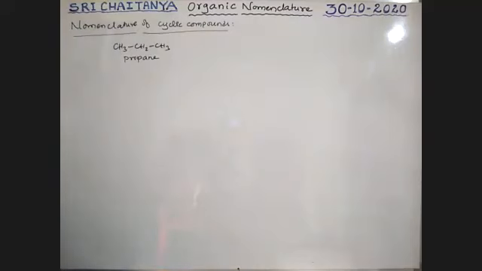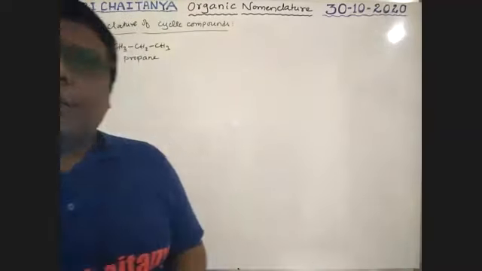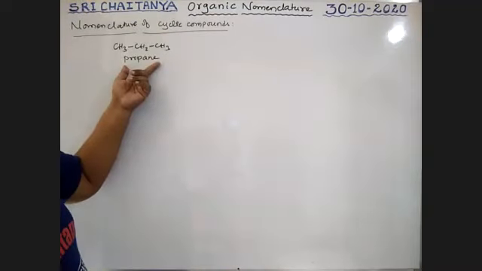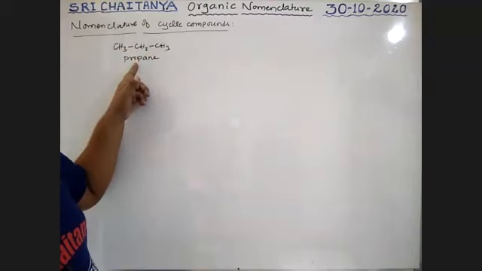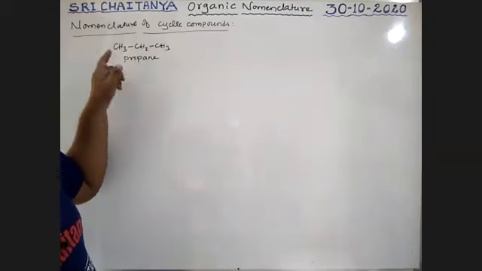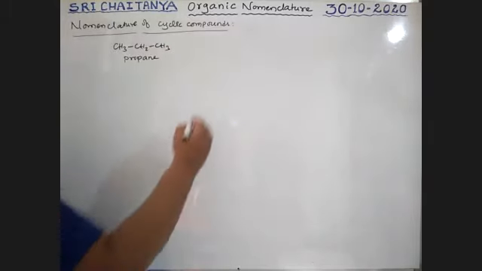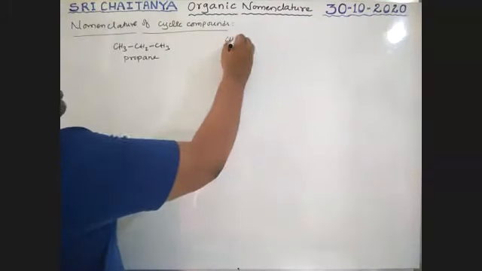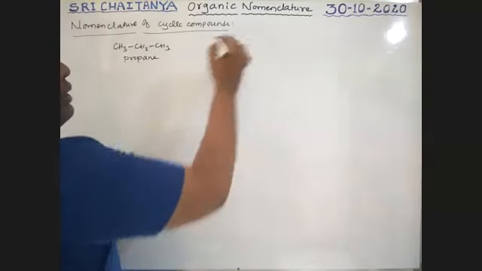So in our cyclic compounds, the word cyclo is coming out, boys. Let us take some examples. It is an open chain compound. CH3, CH2, CH3, this is nothing but propane. It is open chain. If these three carbons are in a ring, see here, CH2, CH2, CH2, a ring is formed.